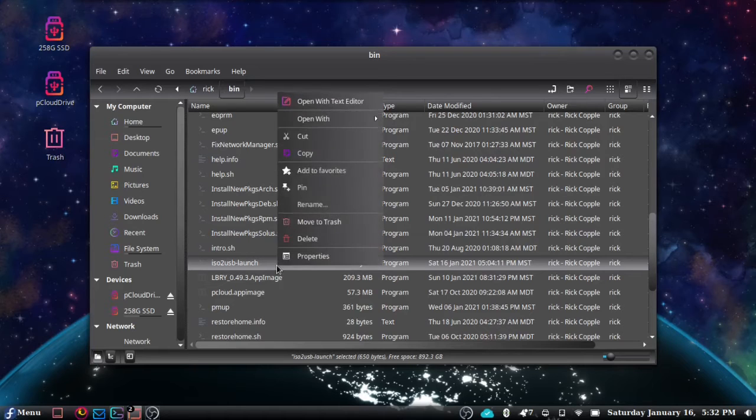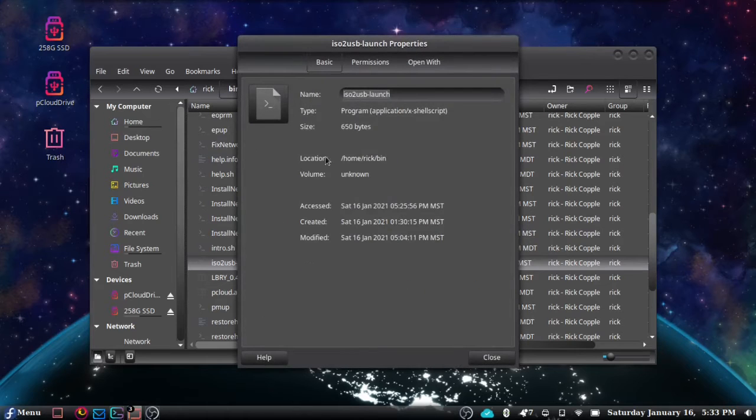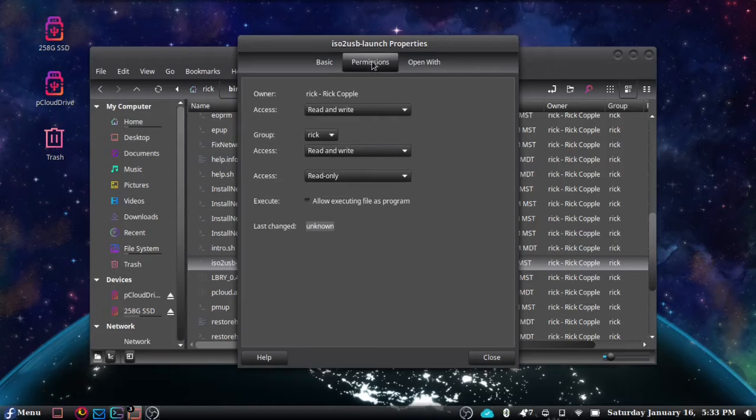You right click on the file and go to properties. Usually somewhere there'll be a permissions tab or link or something you can click on that takes you to the permissions. And there'll usually be a little link down here that says execute, executing file as a program. Click on that, and then you'll notice when you close it out,